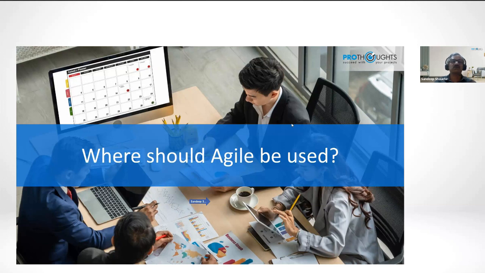As a leader, you all are leaders. That's why you are here in this session. You are managers in some sort. So you have to advise your organization, your team, where we should use agile, what element of agility we should emphasize. So there are a couple of diagrams I'm going to show you, and then I'm going to ask you a couple of questions about evaluating a project's characteristics and defining what method we should be following.